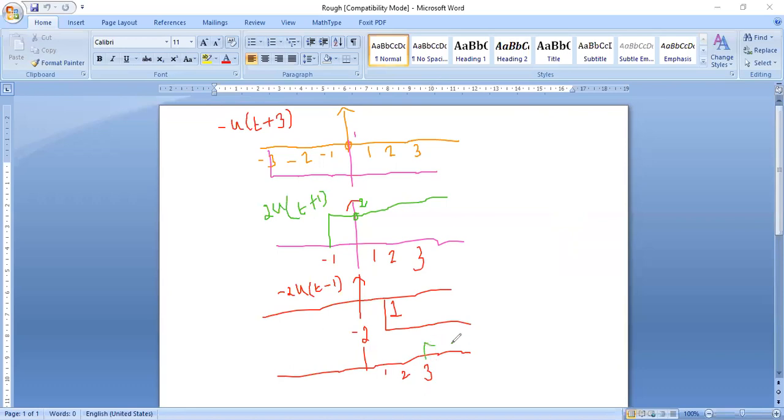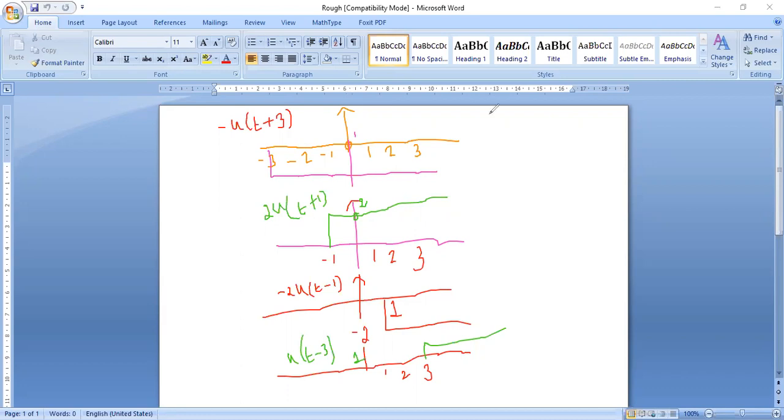The amplitude is 1 only for this diagram. The amplitude is 1, and the y-axis is u of t minus 3. I hope everyone completed all the 4 diagrams. So now we have to add everything. See the question, have we written everything properly? Have we drawn everything properly? Can we write the final answer?